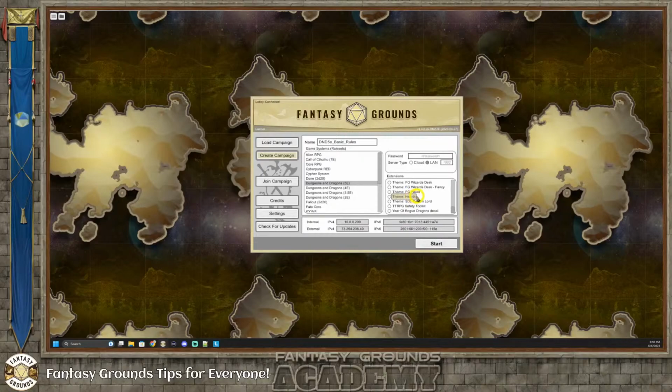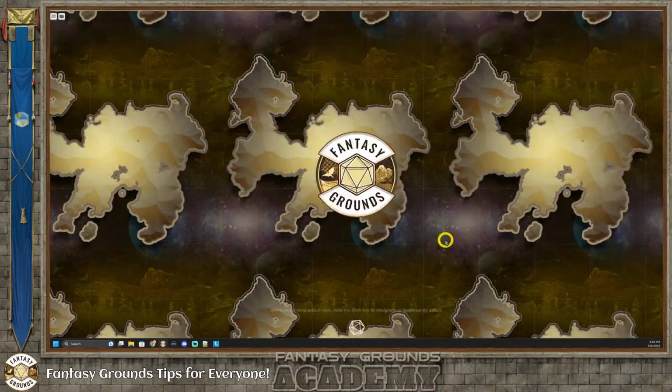But those are just the things that you might want to look at as you get used to the platform. But for the time being, if I don't select any theme at all, it's going to just give me the generic background, which is that leather kind of look, the classic look. So I'm going to go ahead and start this, and as it's loading, I just want to let you know